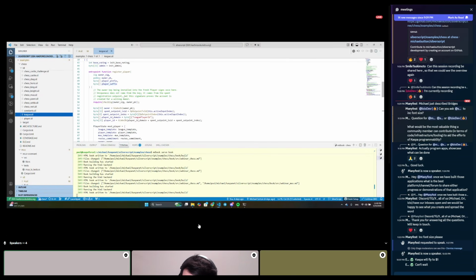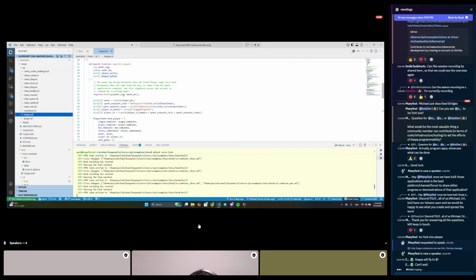One of them is it's going to verify the signature of the player. You don't want to allow a player to register with a stolen PK. He has to prove ownership, otherwise he cannot play, essentially. Then we give him a unique ID. We use the outpoint trick, so we use introspection to read the outpoint transaction ID and the outpoint index.